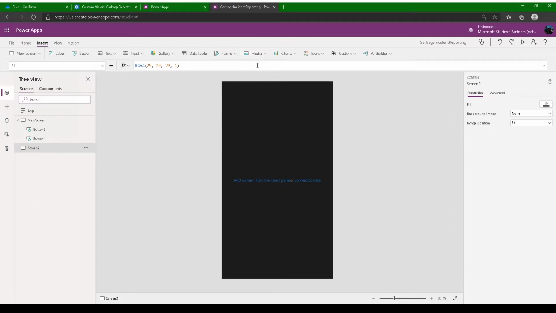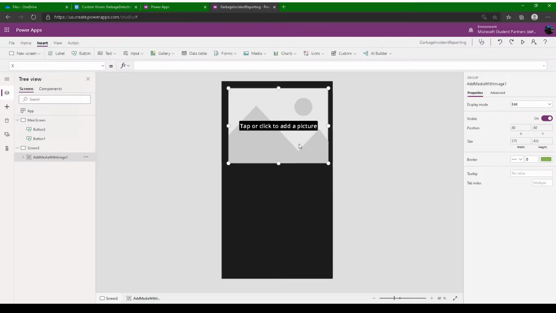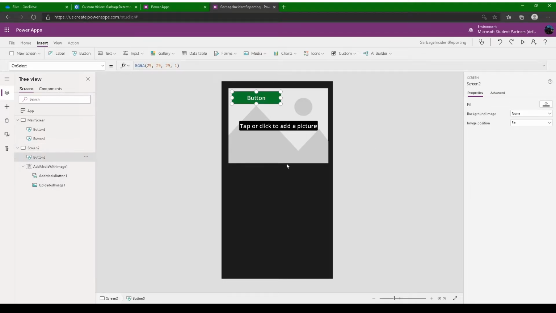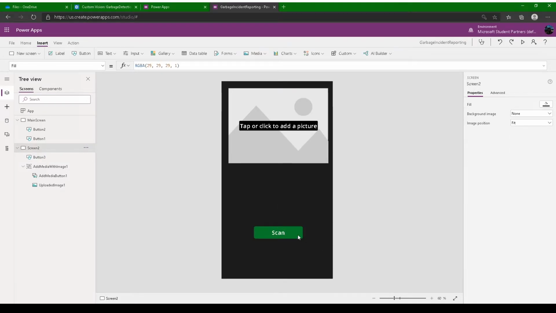Okay, so let's do one thing. We'll create a live input and a button input. I'll keep the live input for the side, you can do that. I'll just keep the add image control. Once the image is added here, the image you upload would be called UploadedImage1. So we'll put a button here and name it scan, and what will it do?